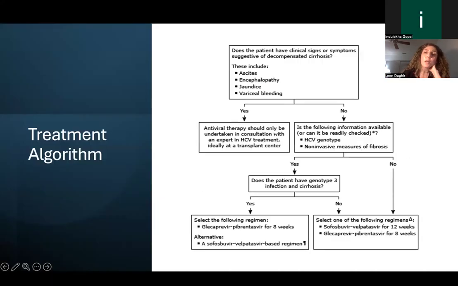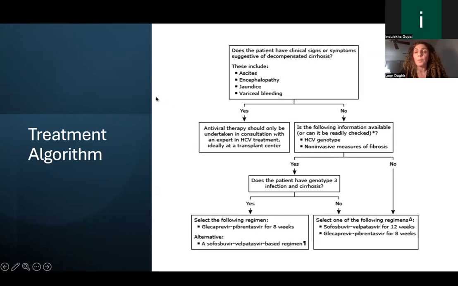Now, the treatment algorithm for hepatitis C. If the patient has clinical signs or symptoms such as decompensated liver cirrhosis, which include ascites, encephalopathy, jaundice, and varices, antiviral therapy should only be undertaken in consultation with an expert in hepatitis C treatment, ideally at a transplant center. If they don't have these symptoms, then